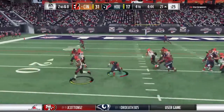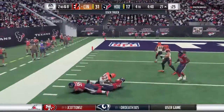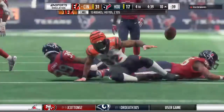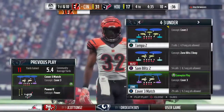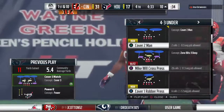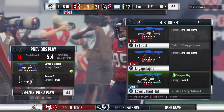They'll keep it on the ground. Hill trucks over him, and now running right through him. And he takes it down to the 10-yard line. It's a good gain of 11, sets him up 1st and goal. I think this defense is tired of seeing him run the football, and this D-line is probably getting sick of the O-line